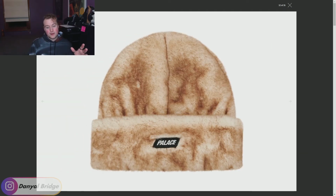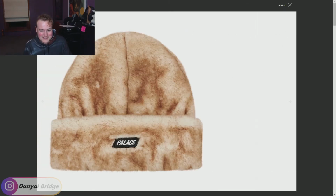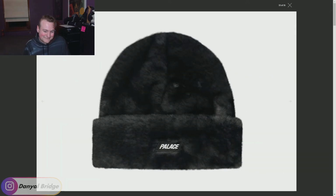Look, I love faux fur. Faux fur can be fun. Do I want it in a beanie though? Probably not. Probably wouldn't want to wear a faux fur headwear piece unless it was like an Ushanka, and it would have to be pretty damn cold for me to wear one of those. I don't know how you guys feel about this beanie. Maybe you're really vibing with it in the 2 colors it comes in, but I could do without. But that is the second last piece releasing this week, guys, so let's go check out the final piece releasing